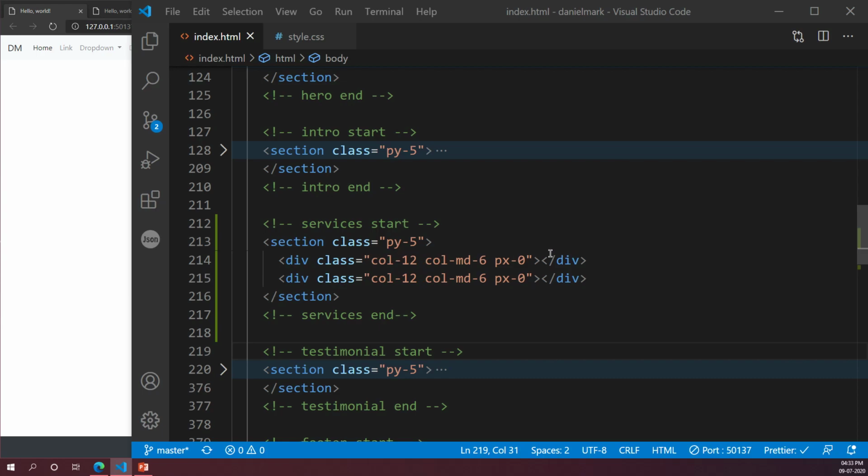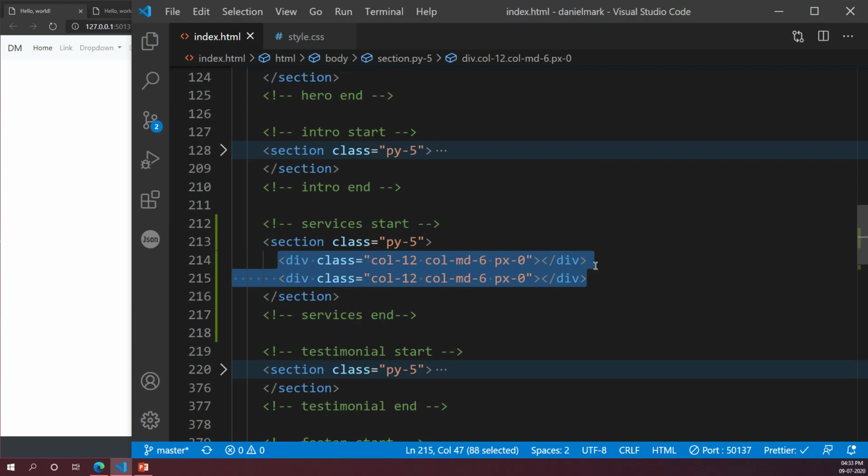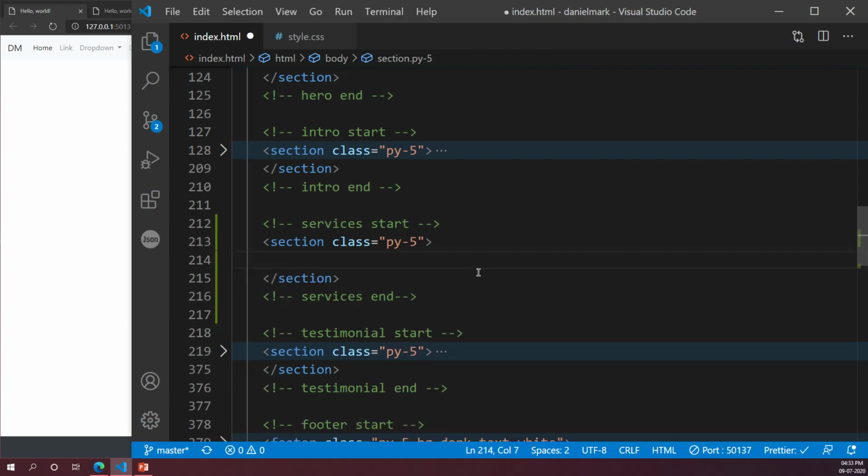Actually, what we are supposed to do is we are supposed to place these two inside a parent container. Okay, I have a plan now. We'll make 2 rows of the same thing. Just cut these 2 lines, okay? Once you put that in, cut these 2 lines and create another div. And let's call this div container, except we'll add a class called fluid, okay? So this is a slightly different class. It's called container-fluid. So with container, you would get padding on the left and the right?